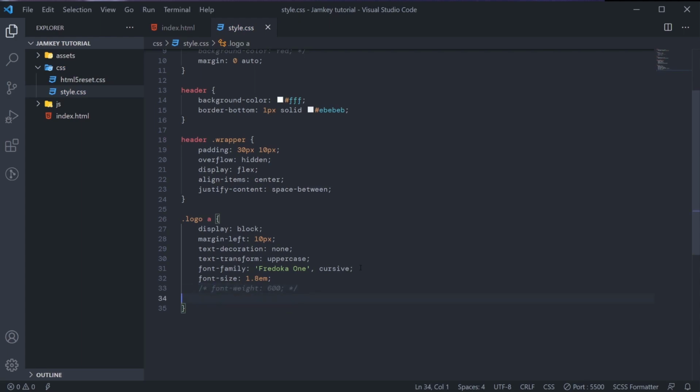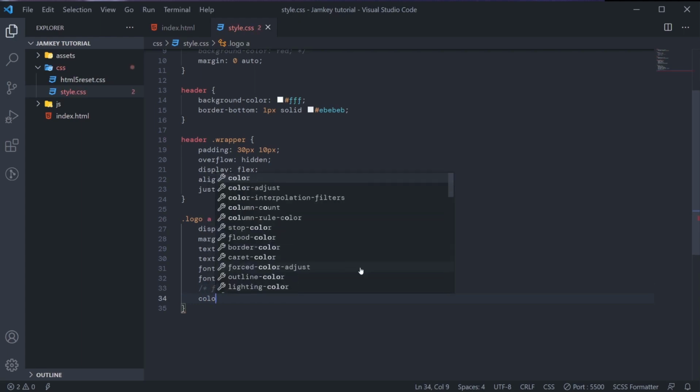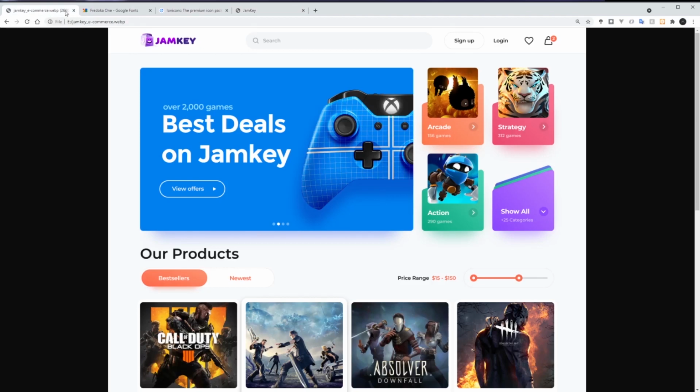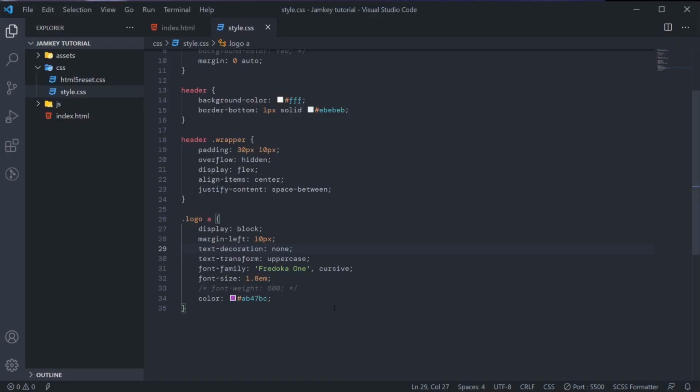Then we'll set the color to ash, AB47BC. Okay. We'll comment this thing back mostly.